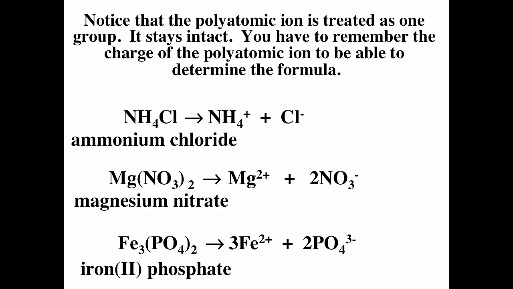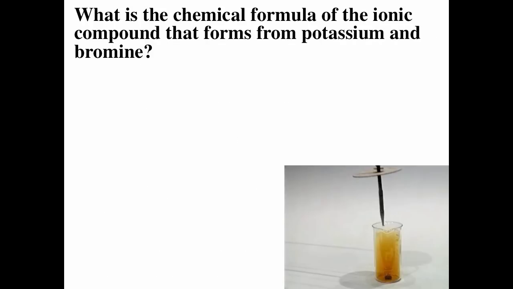It's like when ammonium chloride dissolves, you get ammonium ion and chloride ion. When magnesium nitrate dissolves, you get magnesium ions and nitrate ions. And when iron phosphate dissolves, you get iron ions and phosphate ions. Now, another question you could be asked is, what is the chemical formula for the ionic compound that forms from